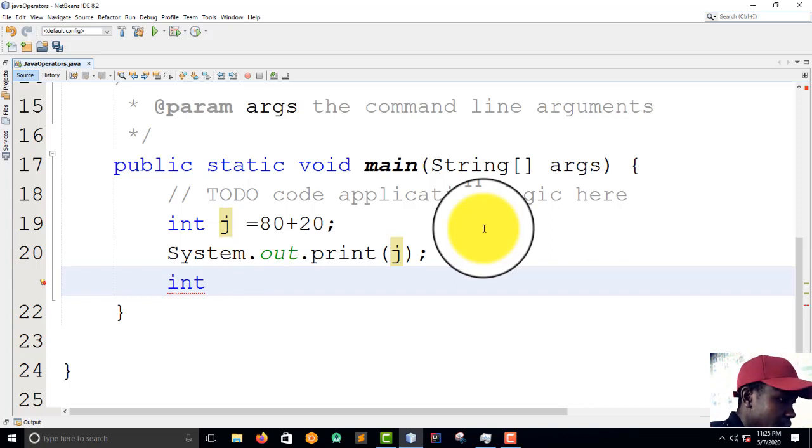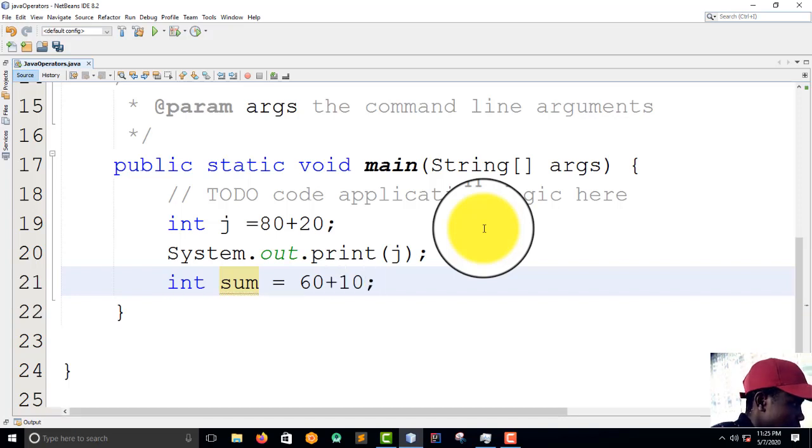So let's say the first one I'm going to add a variable and a variable, and the next one a variable and a value, and the third one a variable and a variable. So let's do a value and a value, like if we're doing a sum of two numbers. Let's call it sum is equal to 60 plus 10.